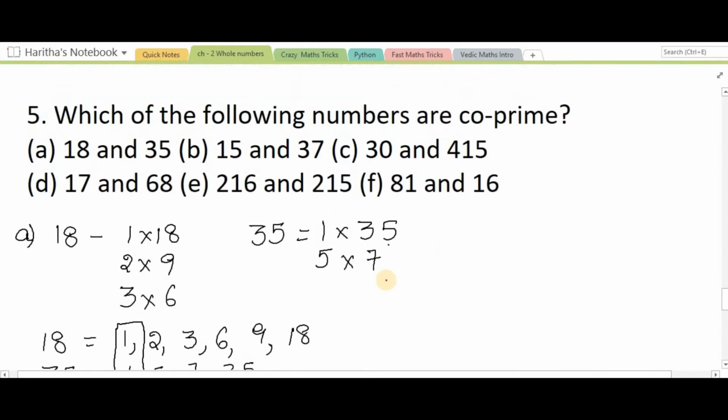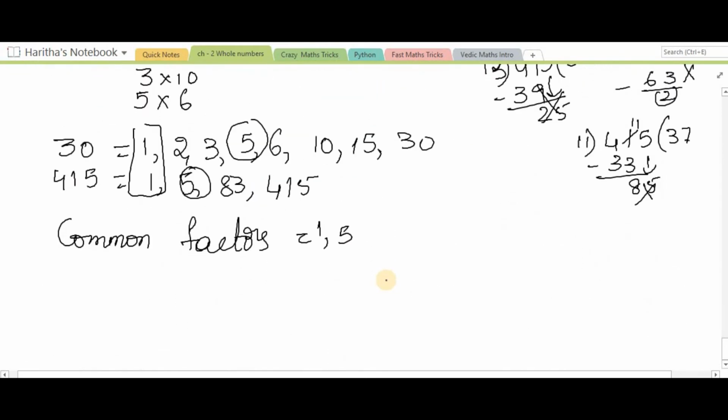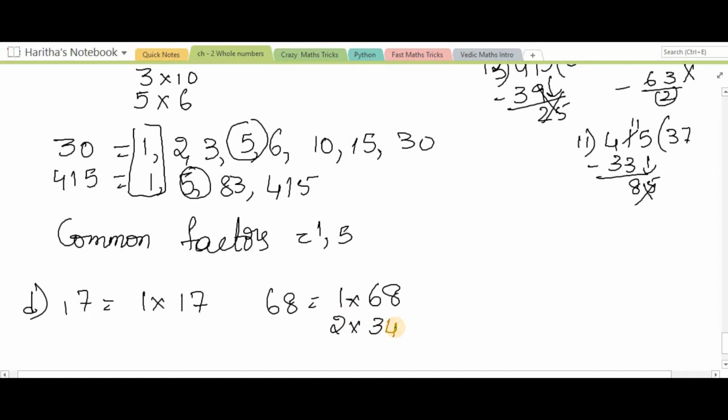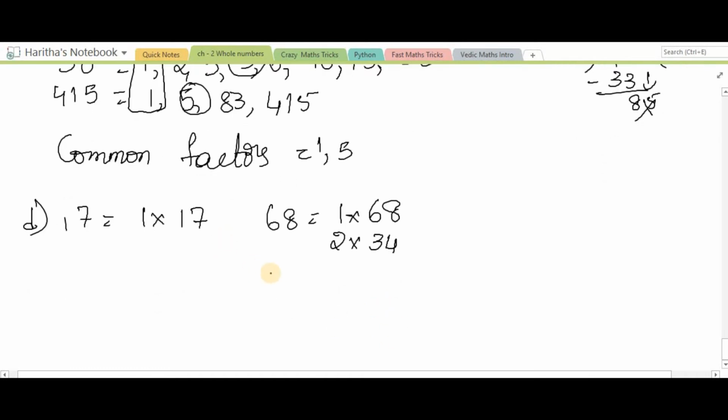And move on to the next question like this. 17 and 68. Of course friends, 17 and 68 also will not be co-primes because in the 17 table you will get 68. 2 3s are 6, 2 4s are 8. 3 table will not come. 4 17s are 68. 5, 6, 7 will not come. 8 8s are 64, 8 9s are 72. 9 also will not come. 10 not there, 11 not there, 12. Okay, so only these are the factors.